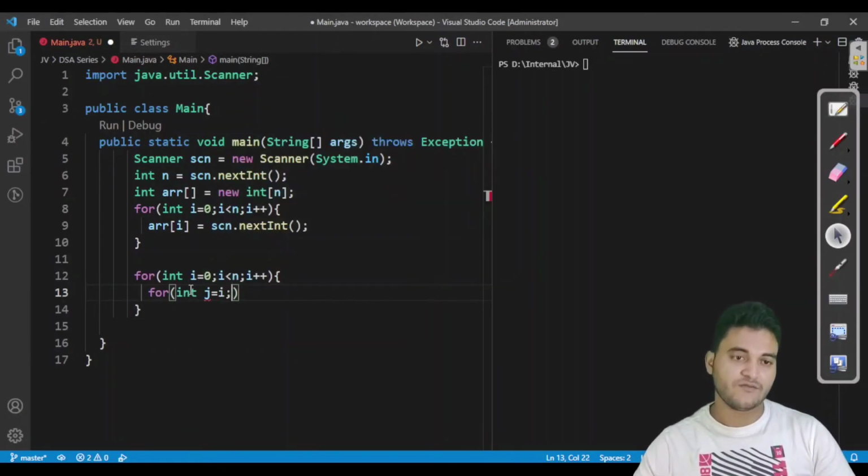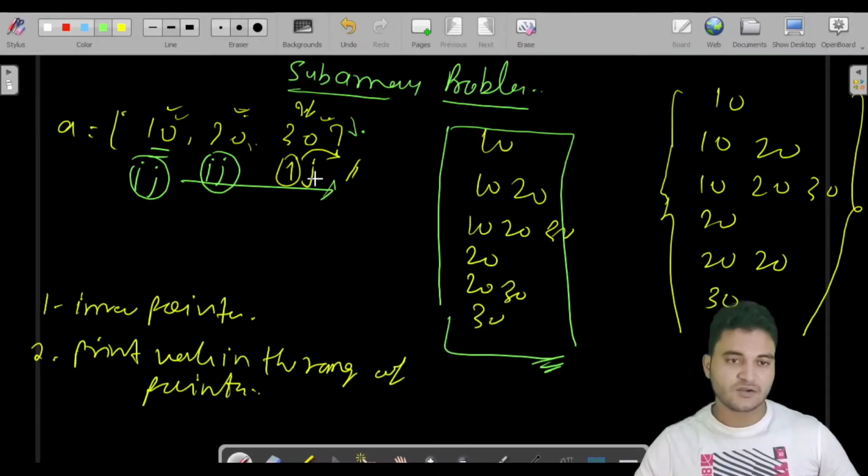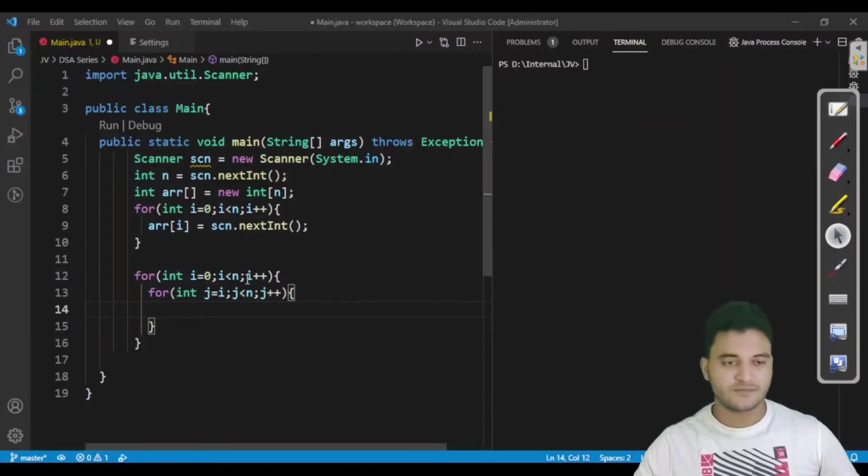No, sorry, not 1. It would be i, because we have to point j and i on the same position initially. And j would also go till n, j plus plus, because if you look here, j was also reaching to this. If j has reached to this, then only we used to reset these elements to here, which is previous state plus 1. Fine.